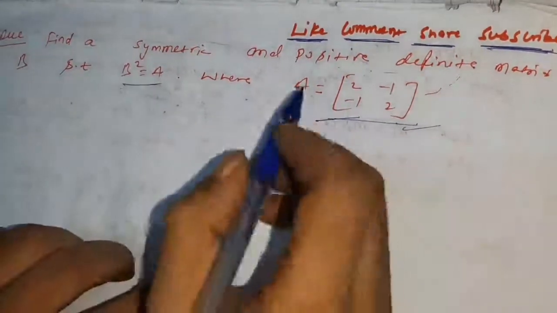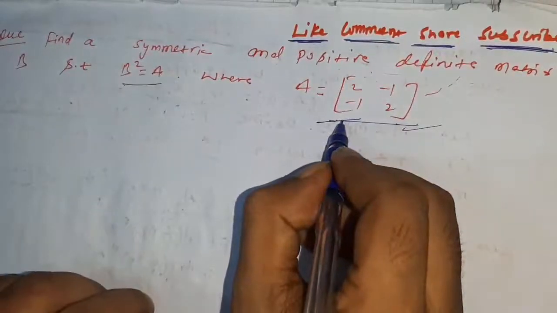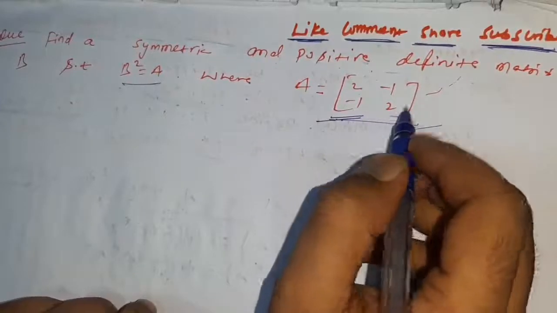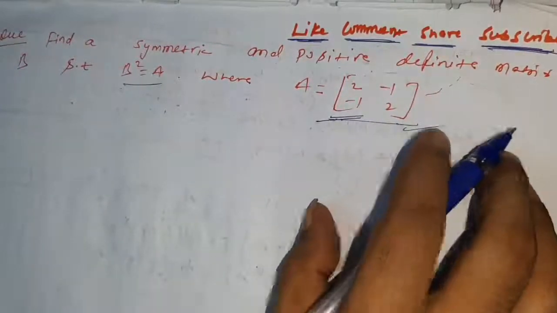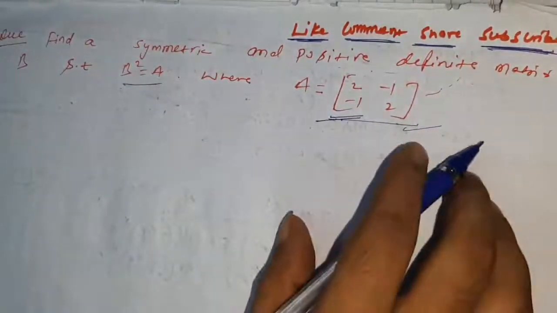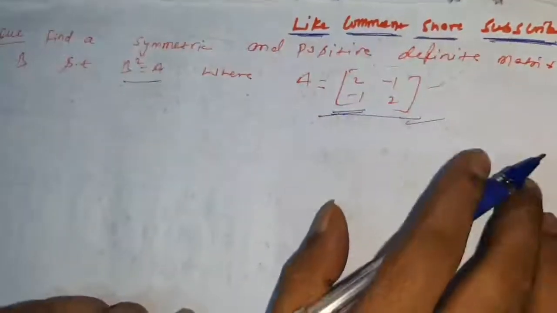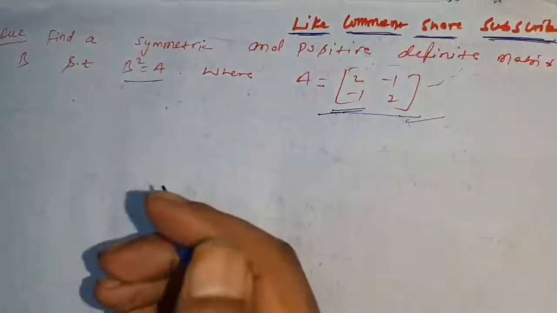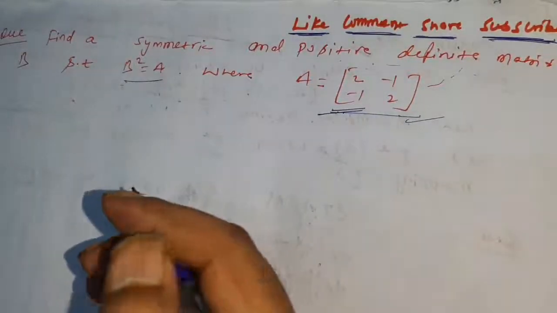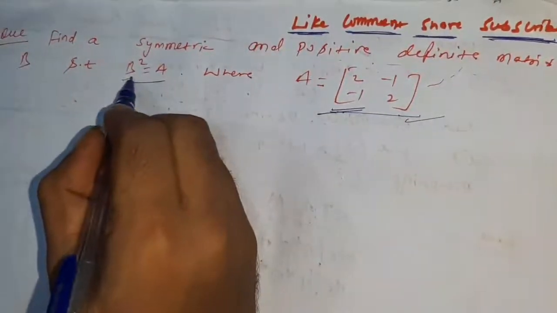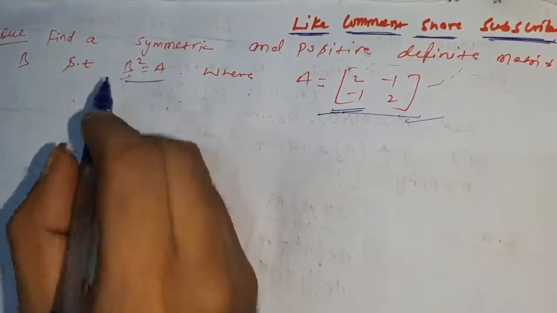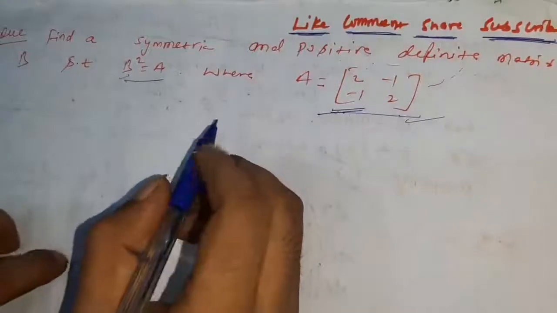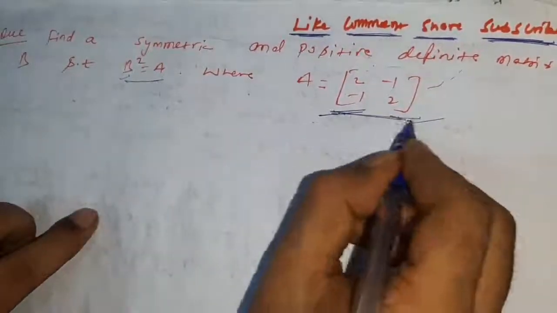So firstly, you can see easily this matrix is diagonalizable because this matrix is a symmetric matrix. With the help of a symmetric matrix, a diagonalizable matrix, we can find the condition of diagonalizability by which we can get easily about B, what will be the B. So see further, you can understand. Here A is this, okay.